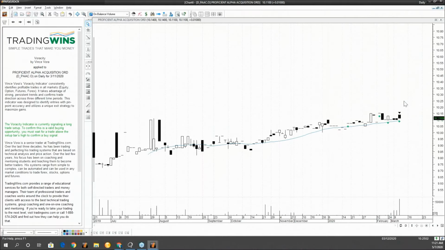Those are the really important things to pay attention to with this add-on. You want to look for those setups, and then you set up limit orders for the price that has to be above the high. So in this case, if I was going to place a trade, I'd put my entry price at $10.15, and then I put however many shares I want.